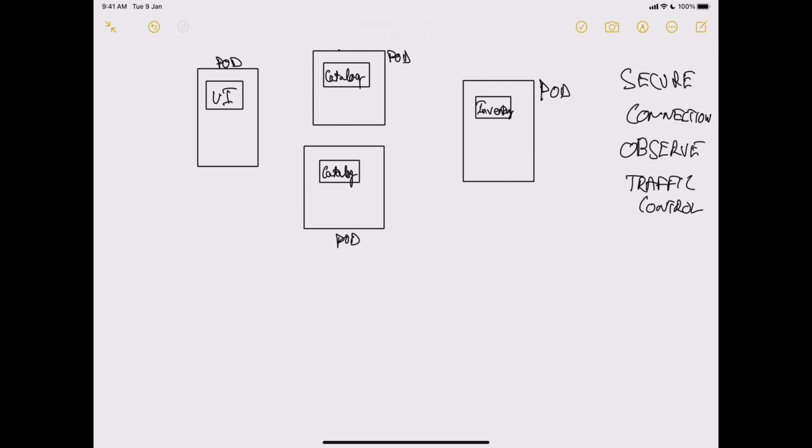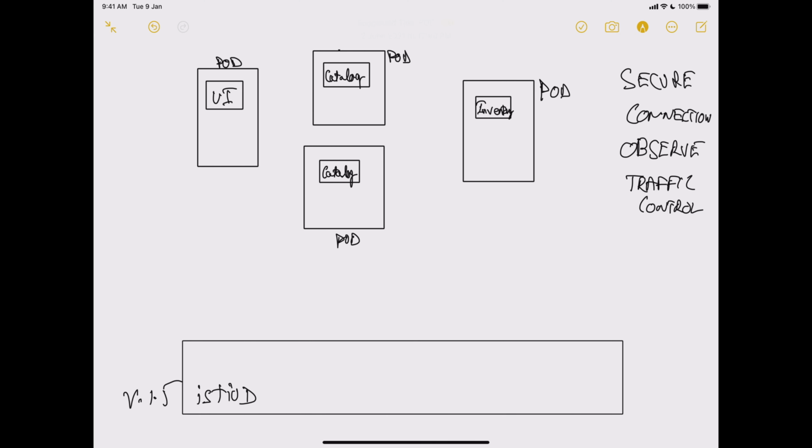Whenever you install Istio on your cluster, Istio comes with a control plane which is called Istiod. This Istiod implementation has started from version 1.5. Before 1.5 the implementation was a little bit different, but I am going to talk about the implementation of Istio since version 1.5.